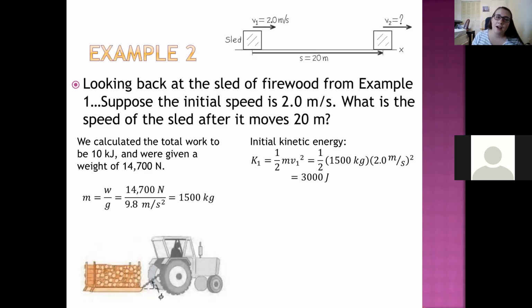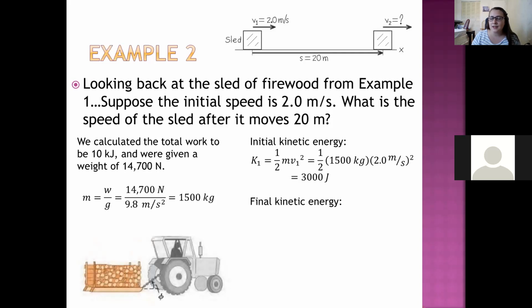One of the most common mistakes that I've seen students make when calculating kinetic energy is they forget to square the velocity, or they square the whole thing, not just the velocity. Both of those are completely incorrect. We just square the velocity, but make sure you square the velocity. Do it. Okay, anyway, the final kinetic energy is a little bit trickier to find because we don't